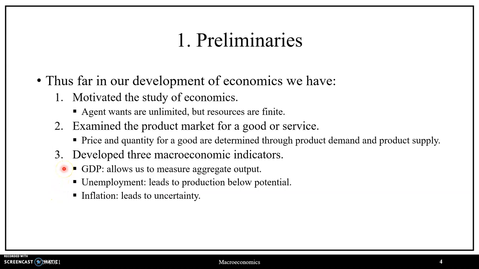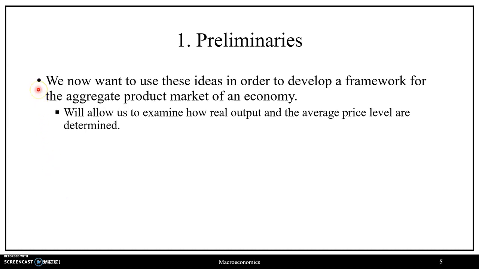where GDP allowed us to measure aggregate output, unemployment allowed us to examine a problem that an economy faces in terms of producing below potential, and inflation allowed us to view an additional problem that an economy deals with, where at the macro level, this leads to uncertainty, which can then correspond to a change in aggregate demand or aggregate supply, and at the micro level, this has the consequence of redistributing income and wealth through the price, income, and wealth effects of inflation. So now we would like to use these ideas in order to develop a framework for